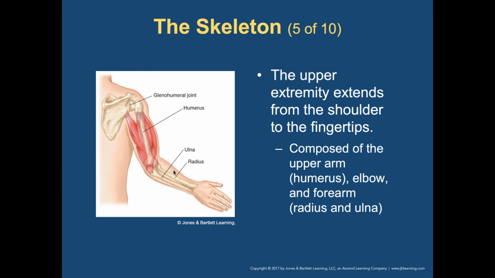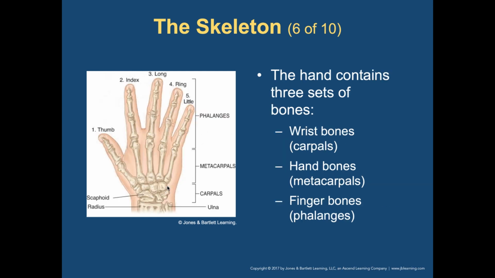The radius and ulna make up the forearm. The radius is the larger bone right in here. Sorry, let me back that up. The radius is the one that's on the thumb side. Your ulna is the narrow little one that is close to your little pinky finger on your forearm. When one is broken, the other is often broken as well. They kind of go in pairs. They like to stick together.